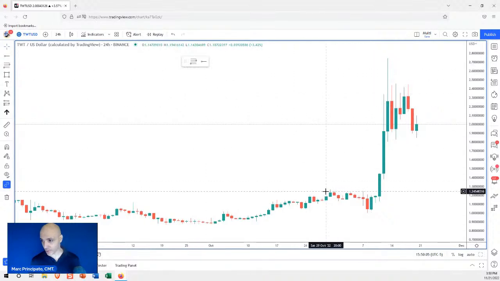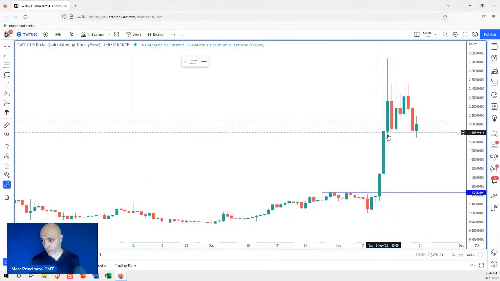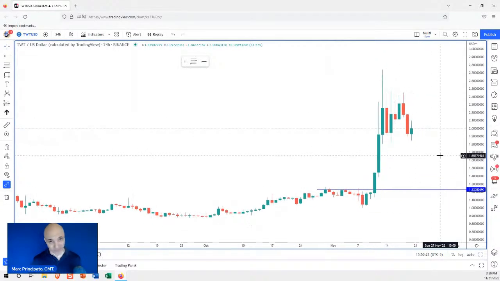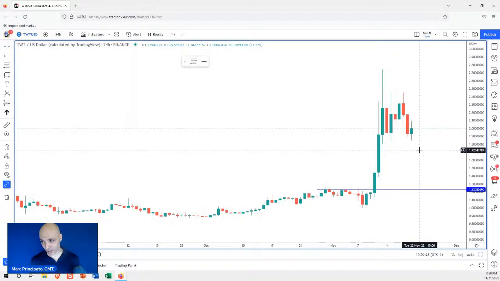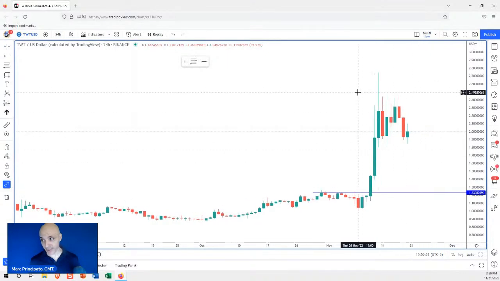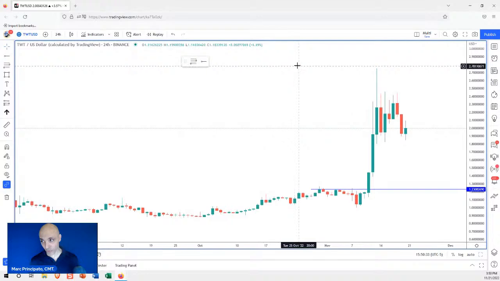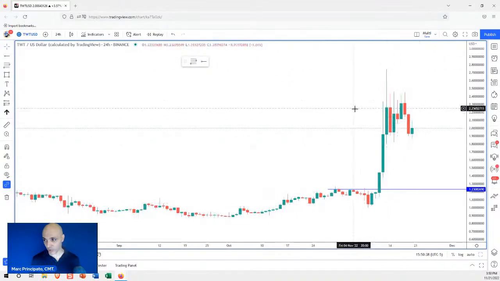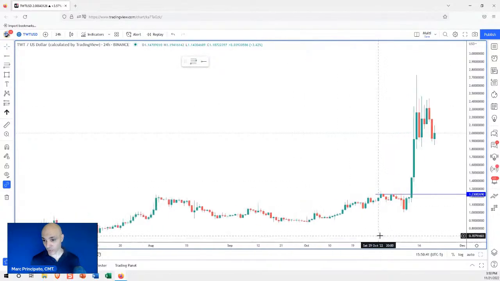Why? Because it can retrace back to here, right? That's why. There's no support really until there, unless it finds a new support, which is what it's trying to do right now. And this candle may turn into a buy signal, right? You have a potential double bottom. But in light of what Bitcoin is doing, if Bitcoin continues to pull this market, and pull everything with it, that support can break. It's enormous risk. That's the key factor there, risk, not reward. So that's why, even something like this, I wouldn't be very excited about it. Even though it's a bearish structure, it's counter to what's going on in the environment.